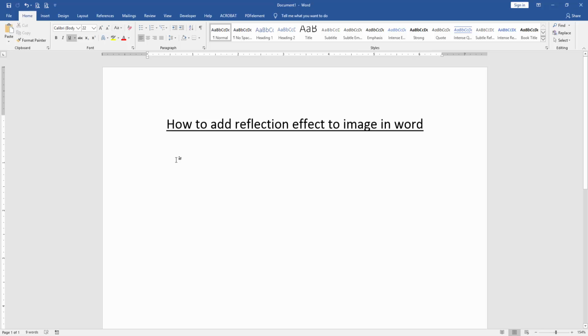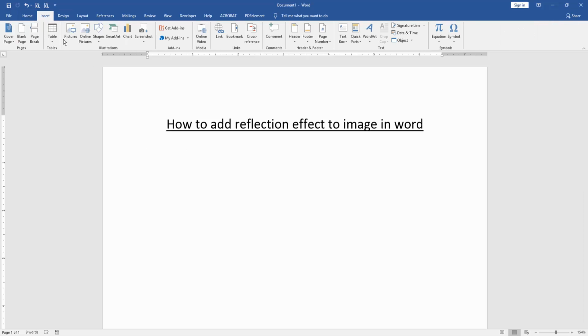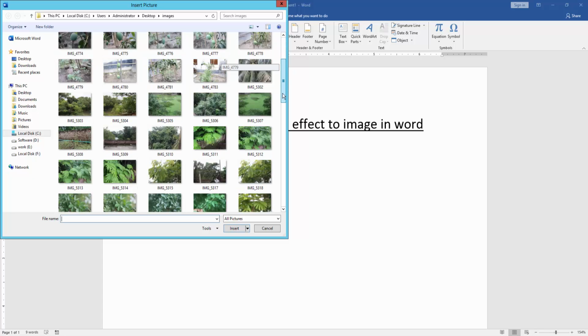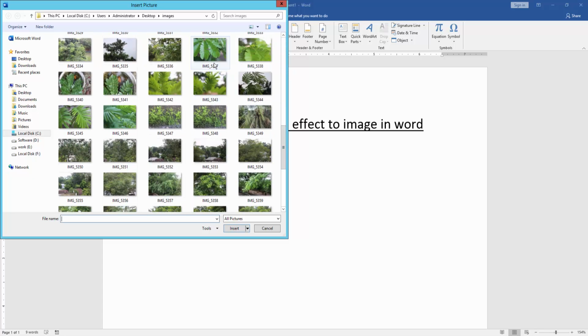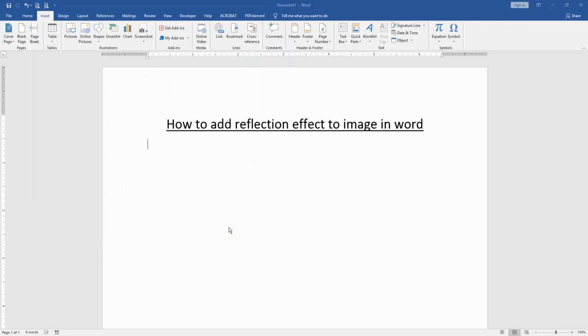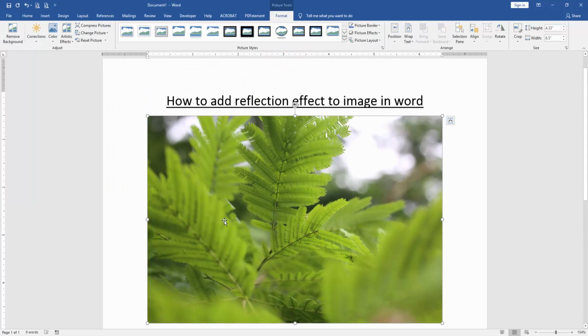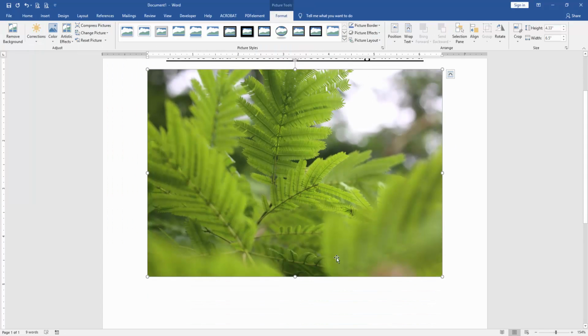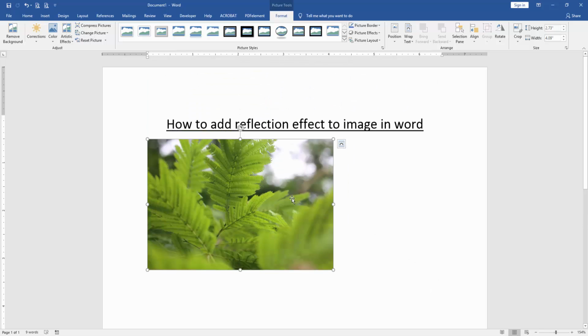Firstly we insert an image in this document. Go to the insert menu and click picture option. Then we choose a picture from our file and insert it. Now we can see here we insert a picture, then we resize this picture some small and click the picture,